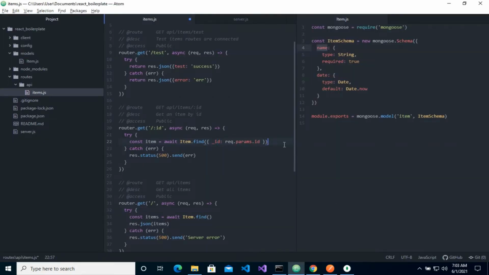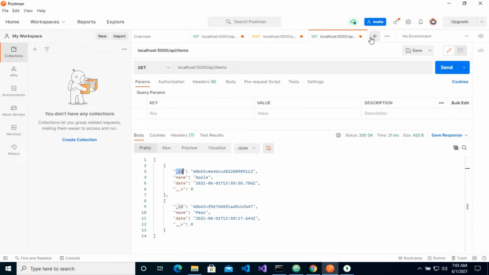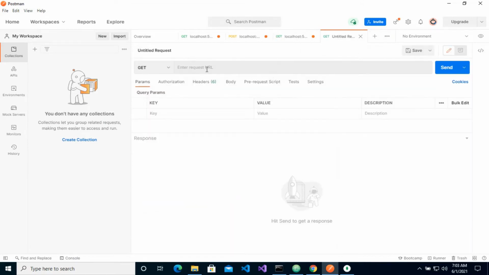We will also respond in JSON format with the item that we receive. We'll save this, we'll go back to Postman, we'll create our new route,